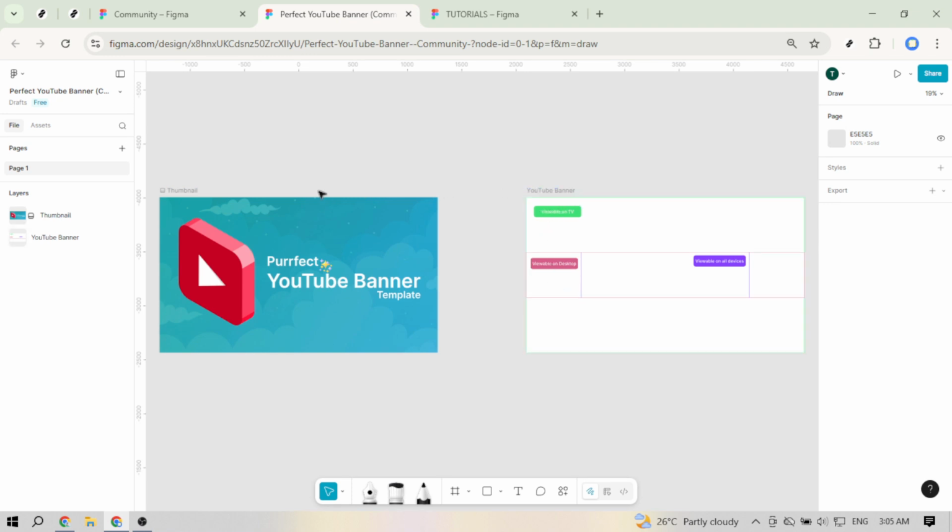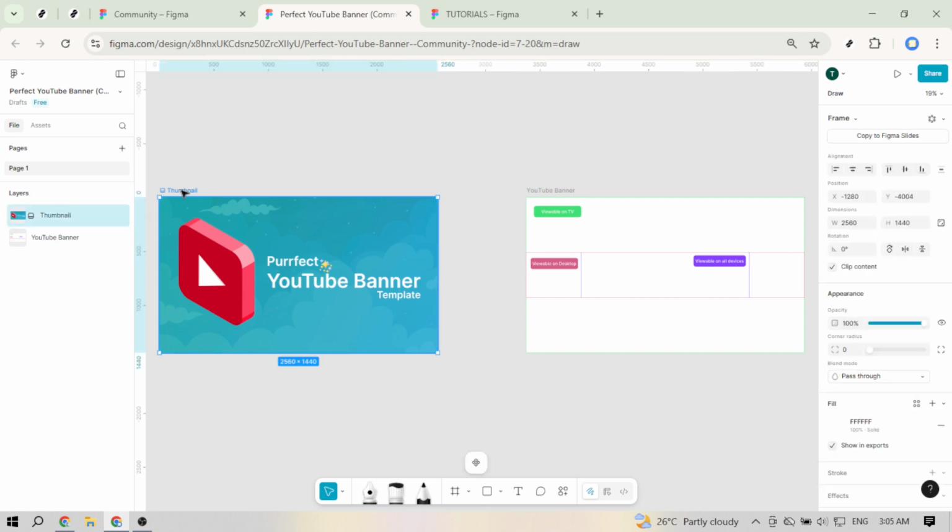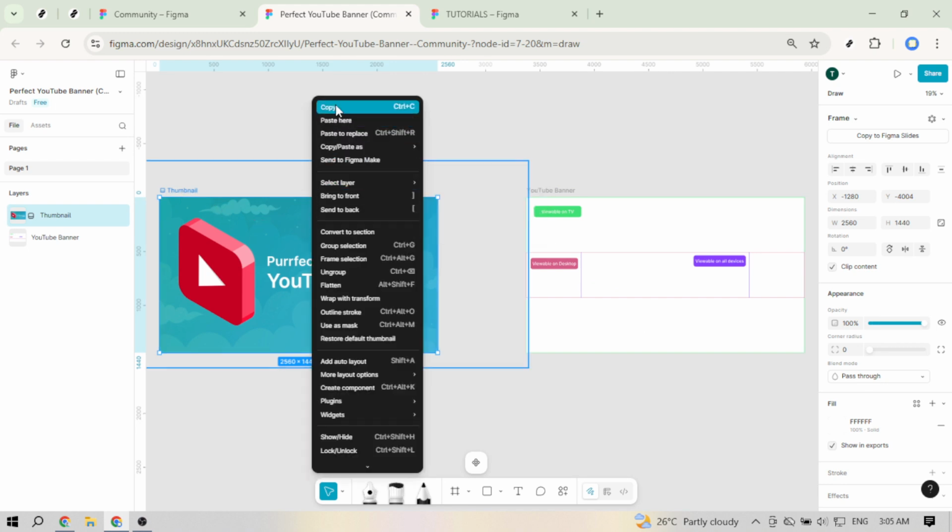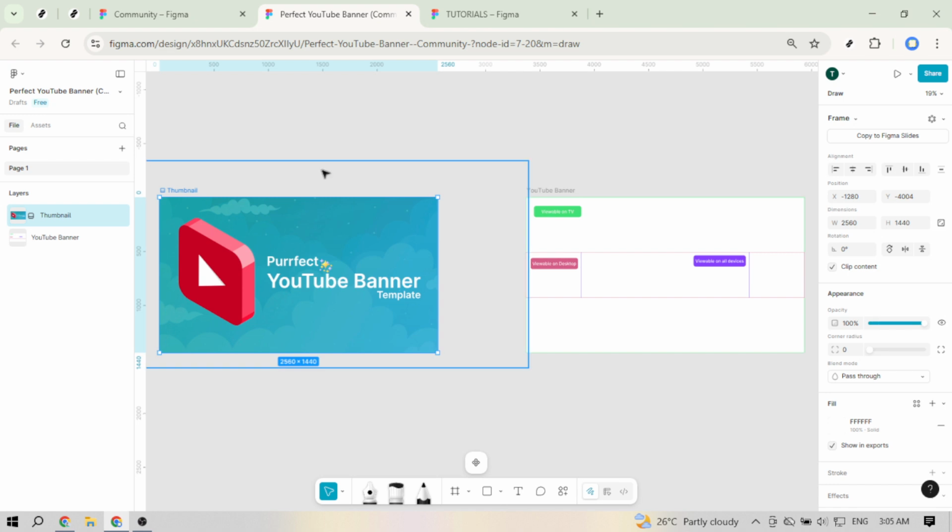Now select the design you want and press Ctrl+C to copy. On Mac, use Command+C. It's usually best to select the entire banner frame in the Layers panel so you grab everything: backgrounds, text, and alignment guides. If any layers are locked, unlock them in the right-hand panel before copying, then go to your project and paste